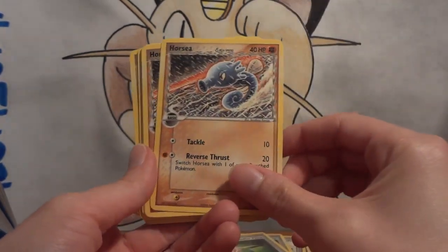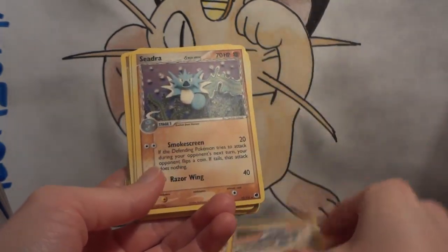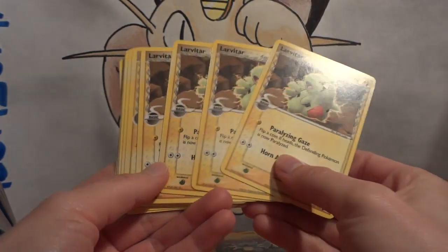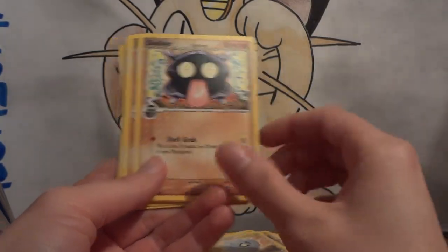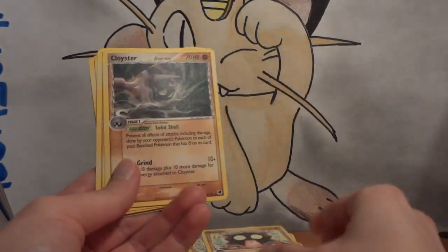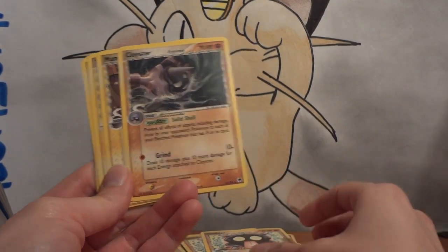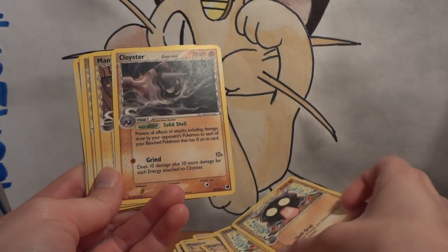So here's the actual Pokemon in the set. We've got a 4/2 line of Seadra. Let's see, a 4/2 line of Pupitar. A 4/1 line of Cloyster, and Cloyster is a rare in the set. I guess that's why they only give you one, which is one reason why theme decks